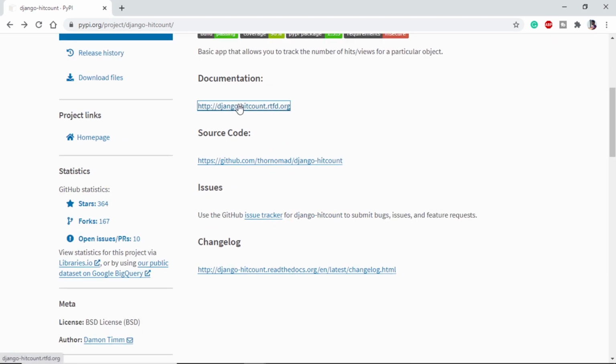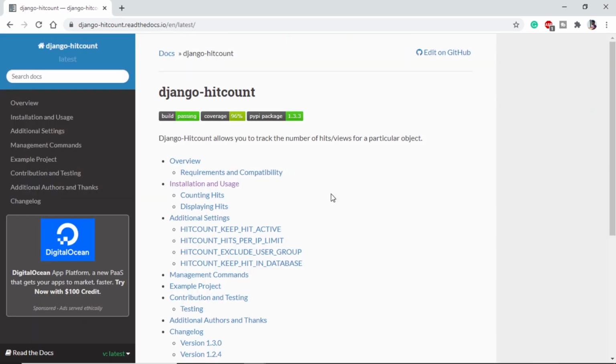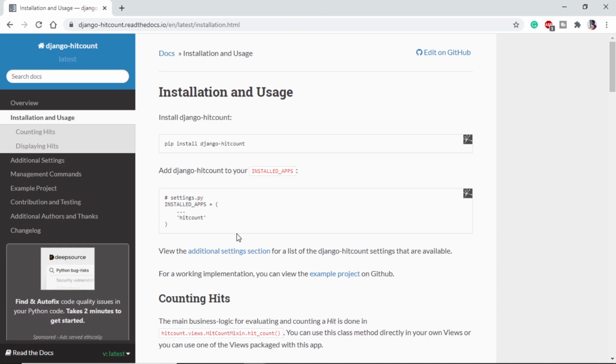we need to go to this documentation. It will really help if we go through all the documentation properly, but if we go for installation and usage, it will show us how to install it, how to use it, and how to get started. Again, we will not be going into much detail, but this is really a helpful library and we should give it a try. With this, we are done with 5 simple libraries that are useful for beginners, but hey, we have a bonus for you.